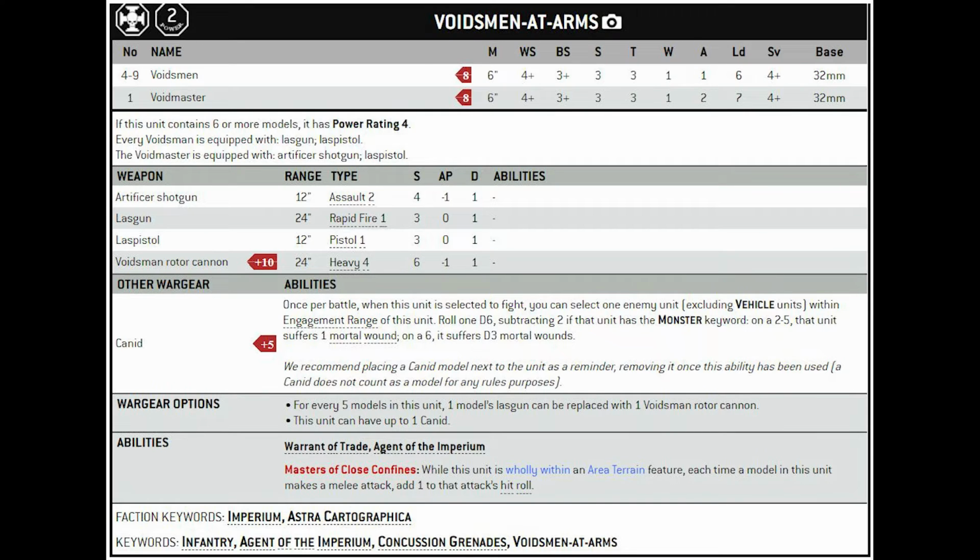Looking at the stats, they look a lot like Scions with Ballistic Skill 3+ and a 4+ save. That is however where the similarity ends, given their weapon options are very limited. The boss has got a fancy shotgun, whilst the Voidsmen have lasguns and laspistols. The rotor cannon is pretty meh with a 24-inch range, Heavy 4, strength 6, AP -1 and 1 damage, but